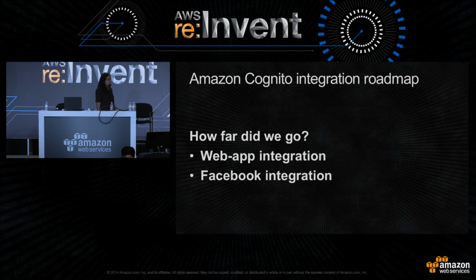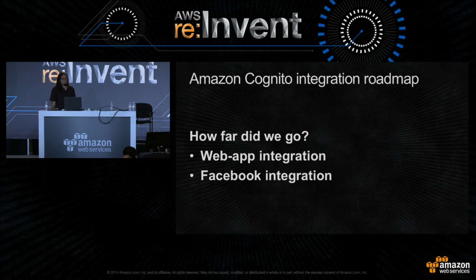So we are able to make a web application integration with Cognito. We are using Python and Boto to make this kind of integration. It was a little bit tricky for us because they didn't have all these endpoints together, and we had to use unauthenticated versions of it. We were also able to make a Facebook integration in one of our apps and get it synced with the web app.